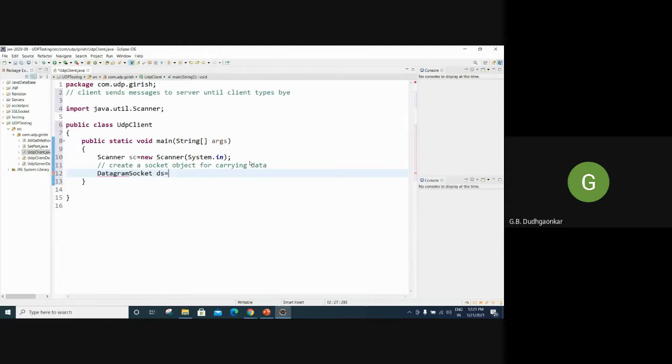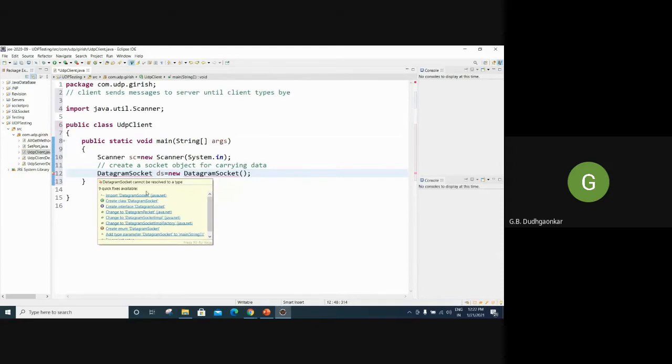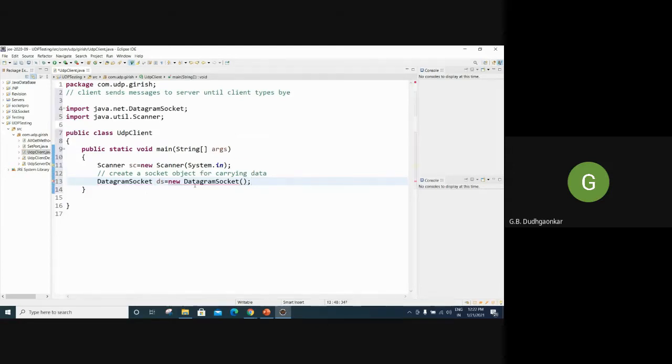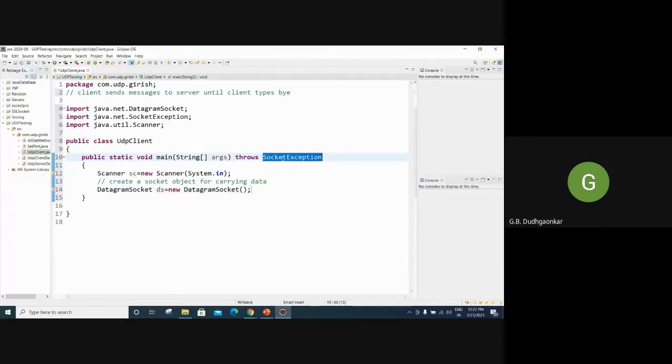So the ds object we can create, you can give any name here, new DatagramSocket without any binding. So whatever is in java.net, and this will throw an exception. So I will throw SocketException, no doubt.